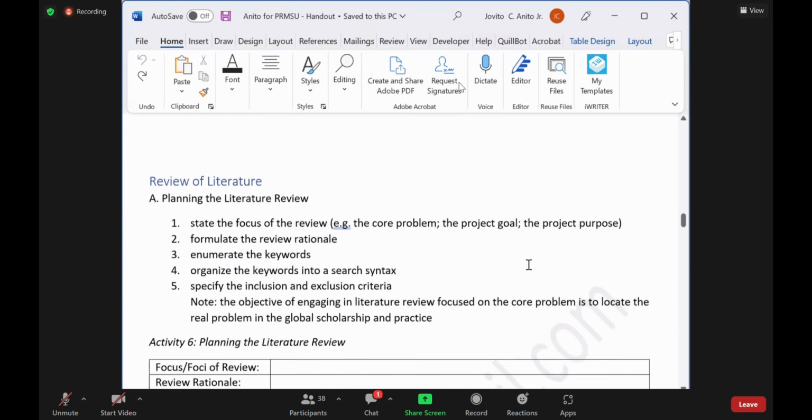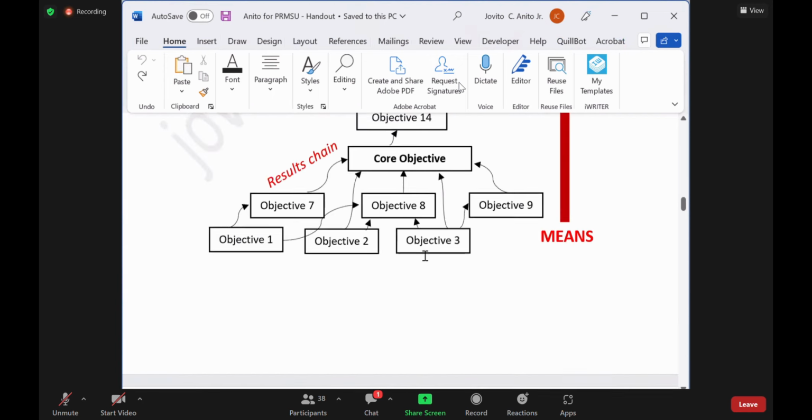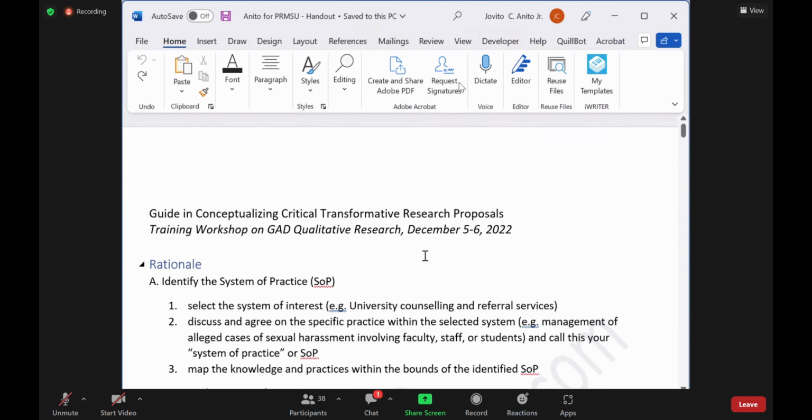working on the literature review. Okay. And then you write the methods or the methodology section, and then that's where you can have your final proposal. All right. So at this point, I guess it is better if Ma'am Ara can initiate a discussion or